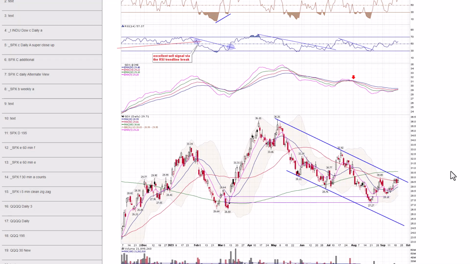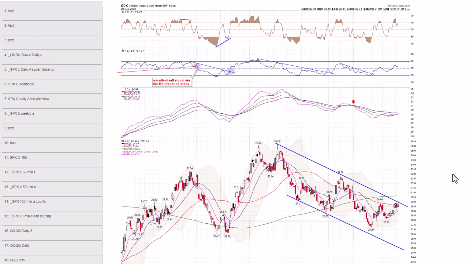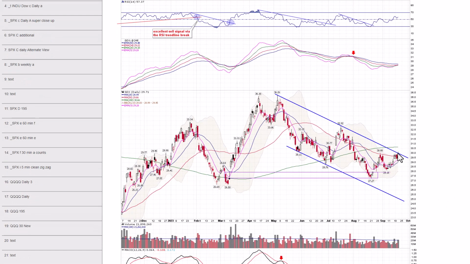Chart 65, GDX. GDX had a really good rally going today, but it lost a lot of it after the FOMC. It still closed up 1%, but you could see stalling right at the downtrend channel, still unable to close above its 50-day moving average. So the bearish view would be that this is some sort of ABC. You only have 3 waves here, 1, 2, 3. The more bullish view would be a 1, 2, and a 3, but it needs to get going for that 3, if that's what it is.